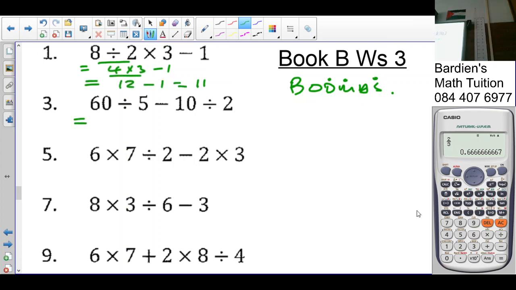The next one is division and subtraction. So which comes first is division. 60 divided by 5 is 12. Minus 10 divided by 2, which is 5. 12 minus 5 is 7. Next is